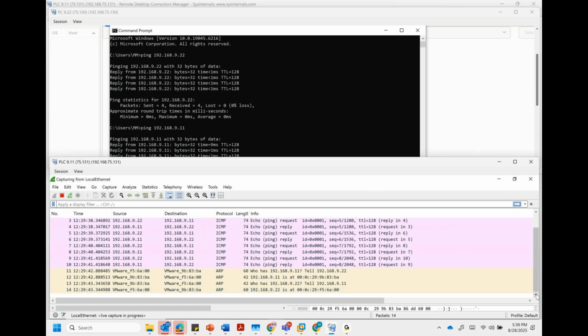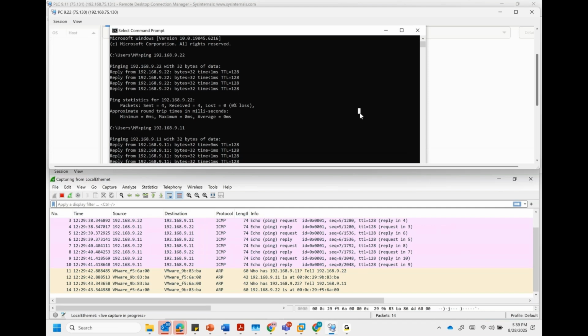Now, I've done ping hundreds of times, maybe thousands of times on control systems. I've even done ping /t, so that would be a continuous ping without any issue with the PLC. Why? Because the ping command by default sends a command every second. So you can see on the left bottom over here, 38 second, 39 second, 40 second, 41 second. So if I send a command to the PLC every 1 second, the PLC seems to be okay. It doesn't mind. I'm saying, hey, who are you? And it's saying, okay, I am 192.168.9.11.